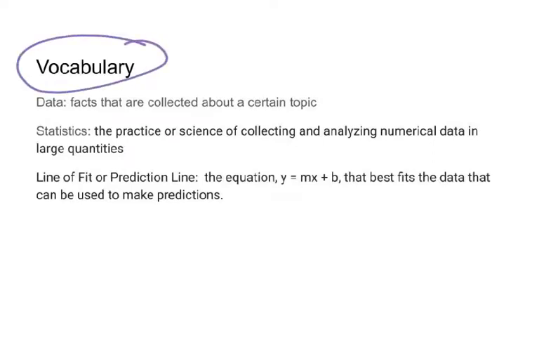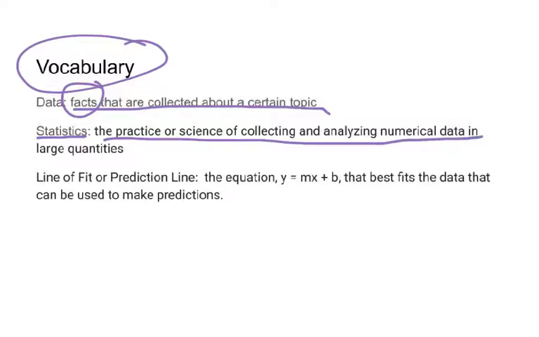First of all, data. Data is just facts that are collected about a certain topic. Statistics is the practice or science of collecting and analyzing numerical data in large quantities. The people who do this are called statisticians, and there are plenty of them out there with the stats of the day. Then a line of fit or prediction line is the equation y equals mx plus b that best